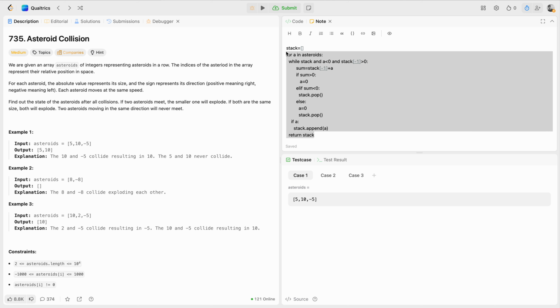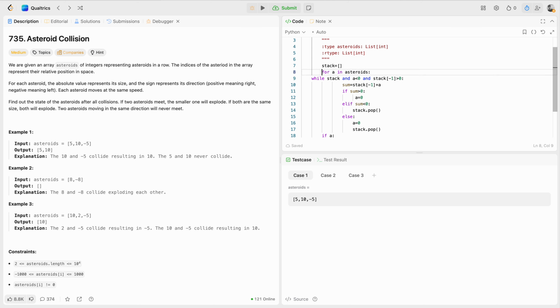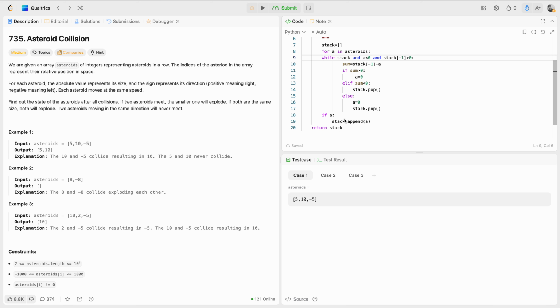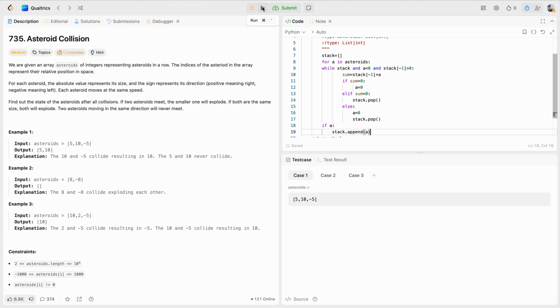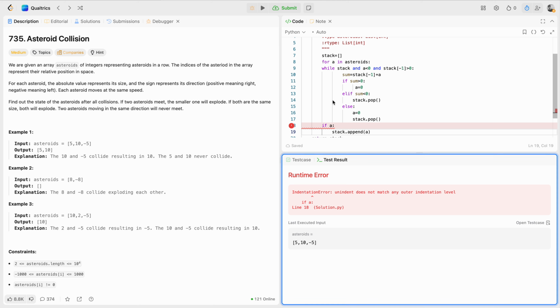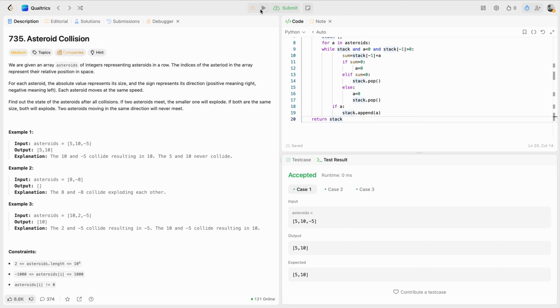It's the whole thing which I have written over here. Let me try to paste this thing in the code to check how this is going to work. Okay, let me try to run. Okay, there is an indentation error. This was supposed to be after the while loop. It should not come out of the while loop. Yeah, as you can see over here, we are able to run all the test cases and we got the